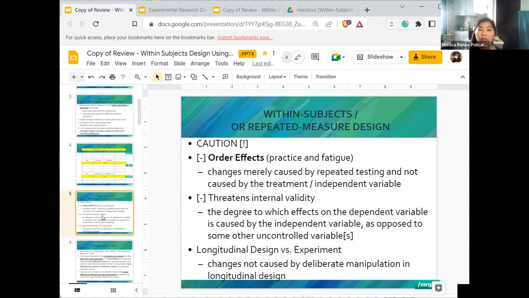If you do not have software that will allow you to randomize, at least counterbalancing, a manual or analog way to do it, is to plan how they're ordered. Right? So